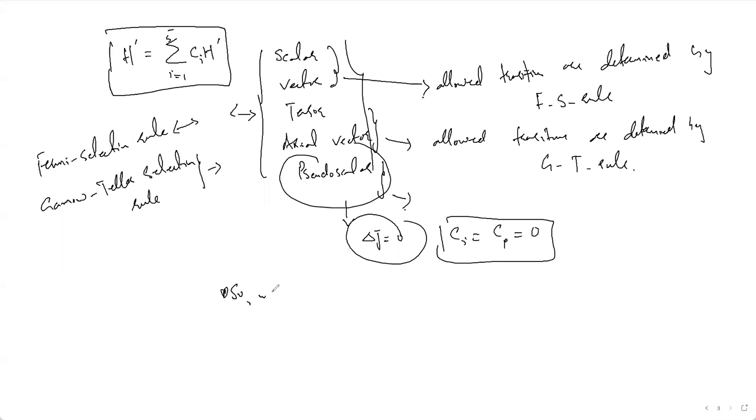So we need to find only, first your CS, the scalar transition, then there is CV, the vector, then CT and CA. All these, because CP is 0, so we need to find out these things only. Now the contribution of these four significant interactions, the scalar interaction, vector interaction, tensor interaction and the axial interaction,